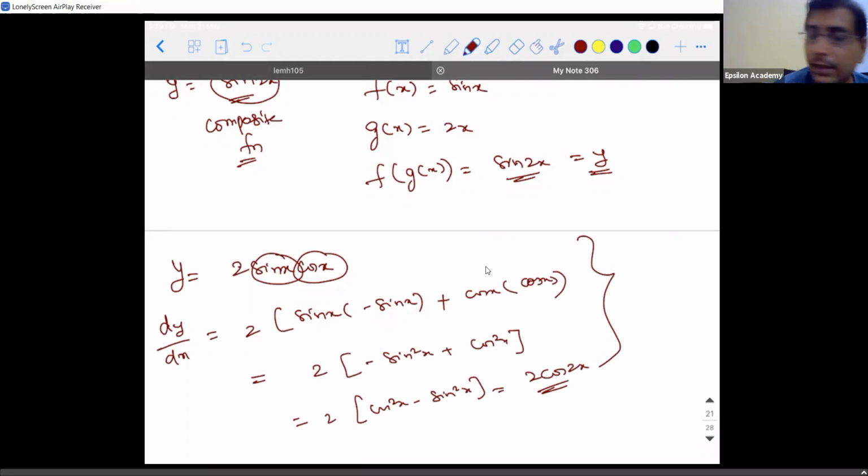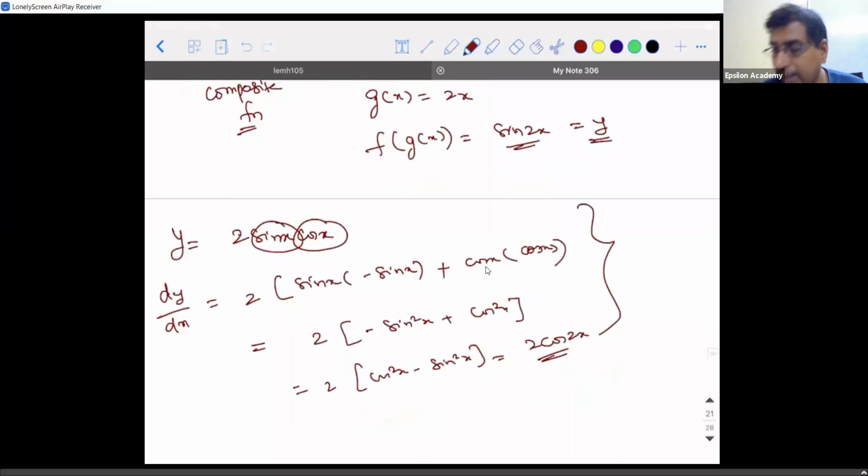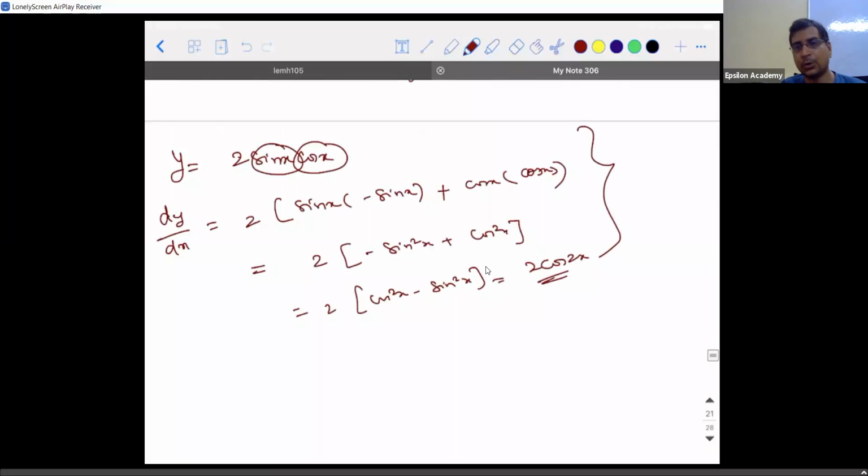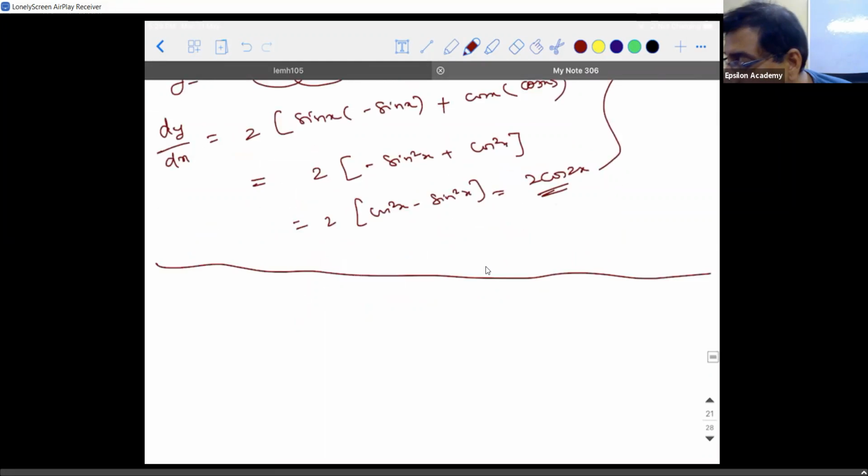If I want to complicate it, next what I can do, I can make it sin 3x. You will say, yes sir, I know the formula for sin 3x, I'll differentiate. I'll make it sin 50x. You know the formula? No, right? So obviously, in that kind of a scenario, the only way we can solve a particular problem is by using a rule called the chain rule.